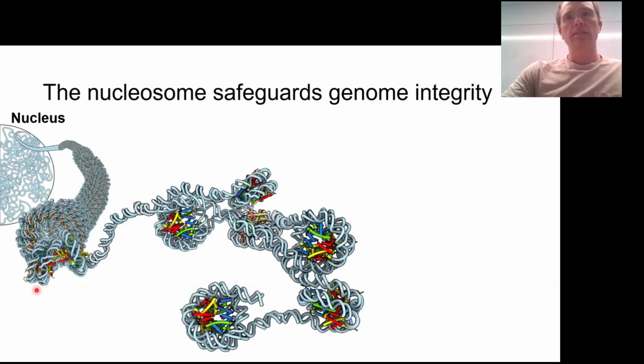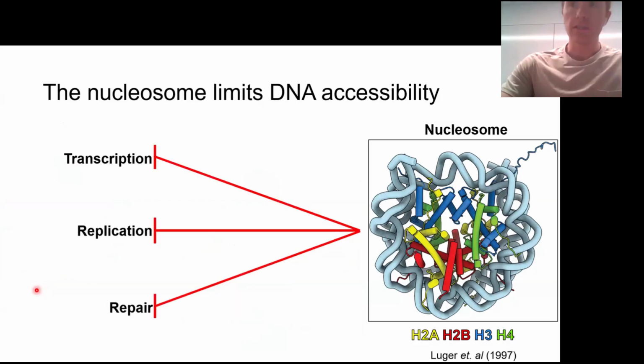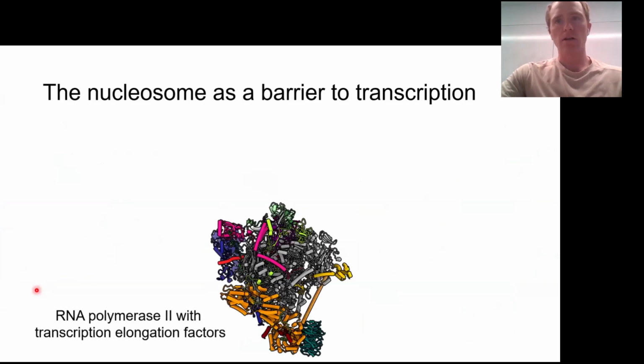So as we're all aware, the DNA inside of our nucleus is tightly wrapped around histones to form nucleosomes. These nucleosomes maintain genome stability by regulating when and where DNA can be accessed. Therefore, the nucleosome serves as a barrier to the DNA replication, repair, and transcription machineries. So, more about transcription. As RNA polymerase II moves along a gene, it recruits multiple different transcription elongation factors that